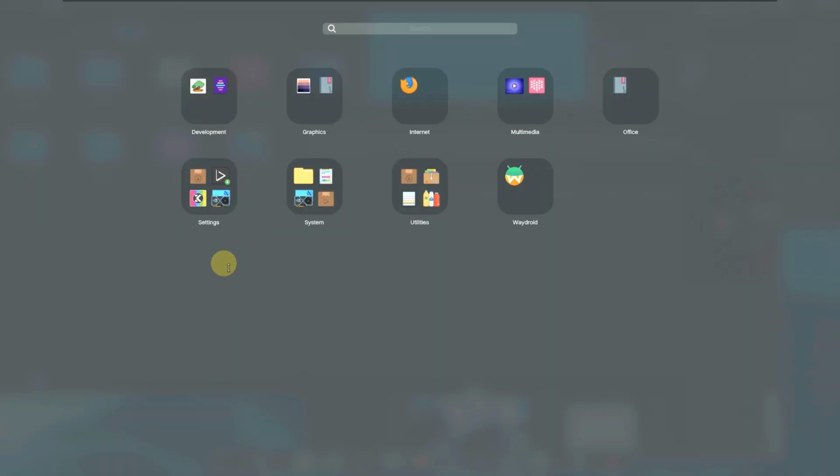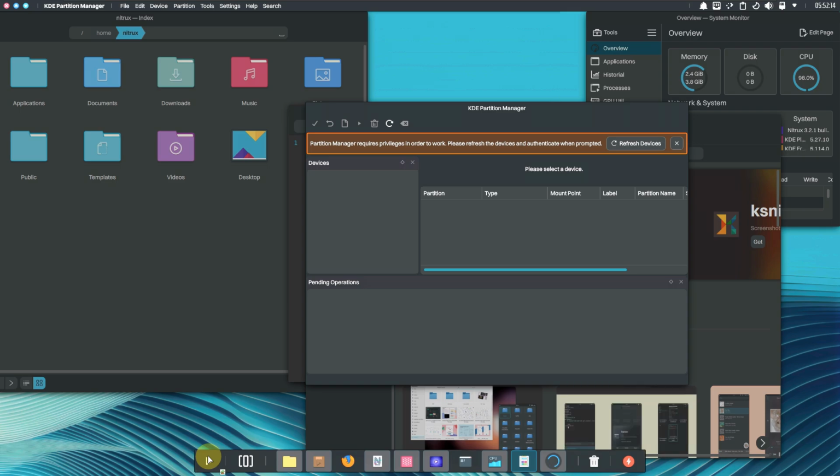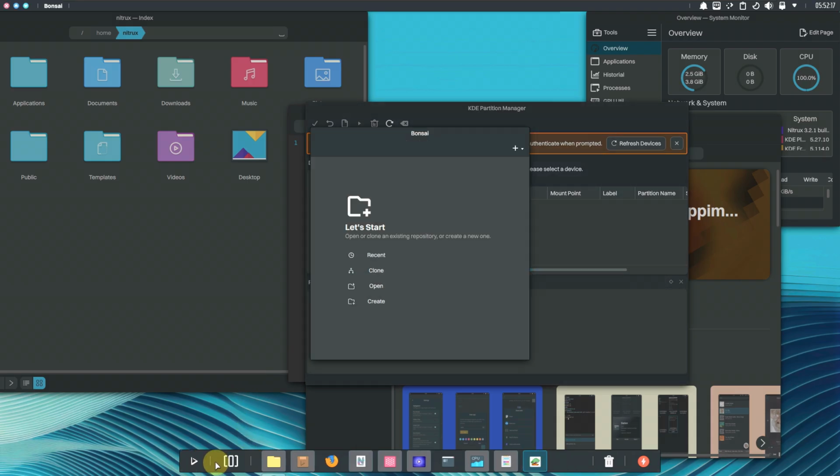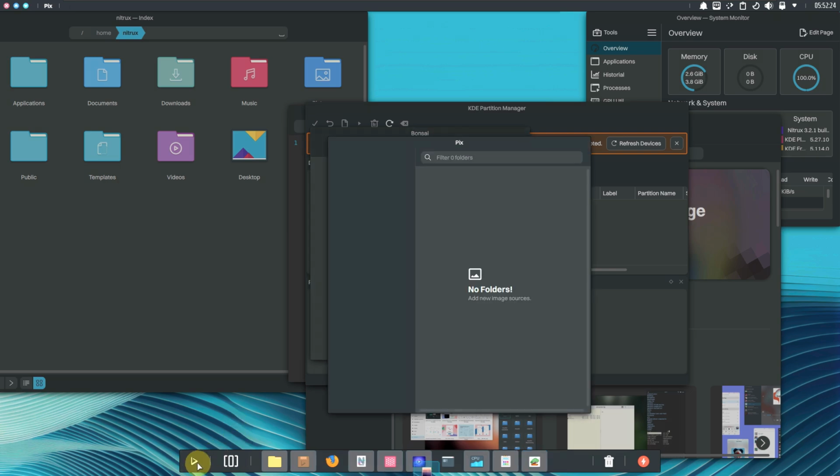Let's close this thing. So you don't get bloatware apps or anything like that. You just get the simple apps from the Nitrux. Let's open Pics. Let's open the Clip, Vivio,